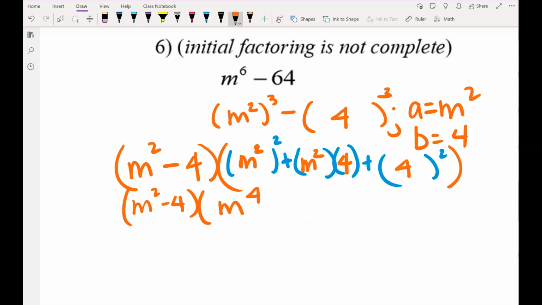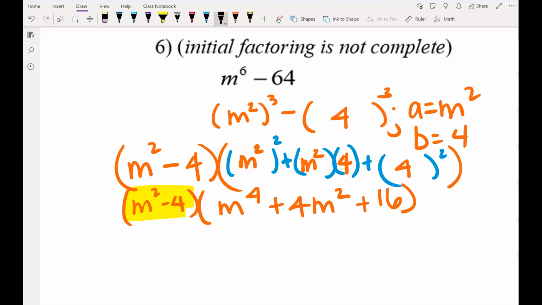What's M squared times 4? 4M squared. What's 4 squared? 16. Okay. Now, box that up? Whoa, why not? Because this is a minus sign and the terms are